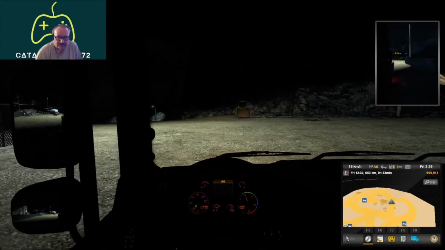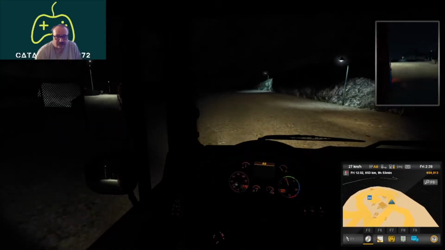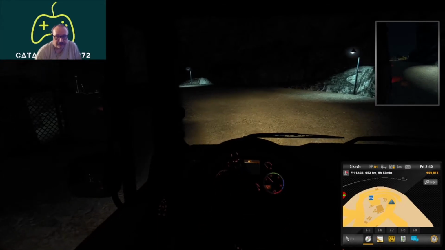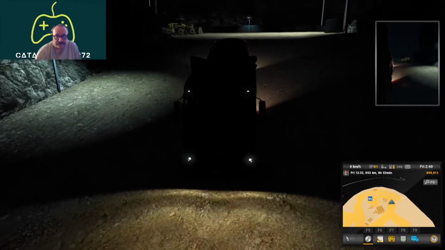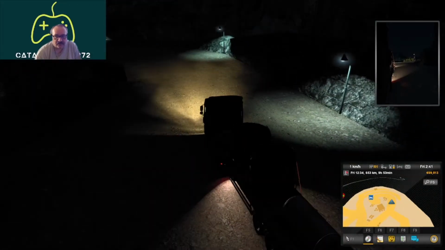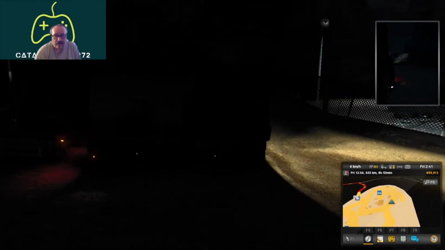I'm not sure how we get out of this place because they're not really giving us a waypoint. I'm going to assume we're going to follow this dirt path and it'll probably lead us to an exit, maybe. No, this is taking us further in. I think we needed to go, okay, so